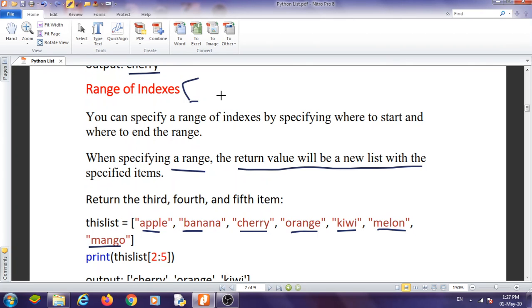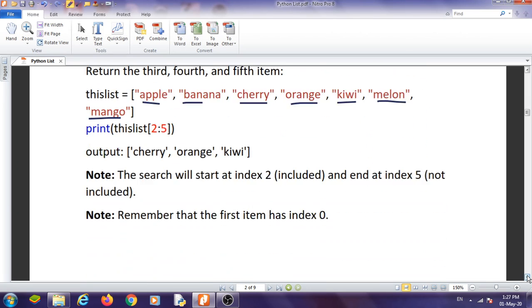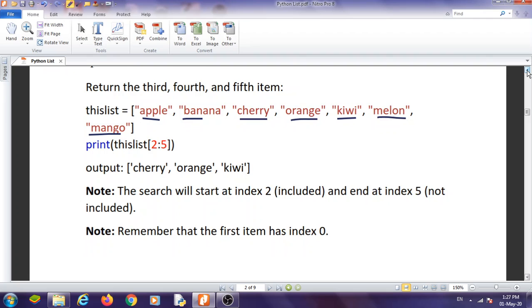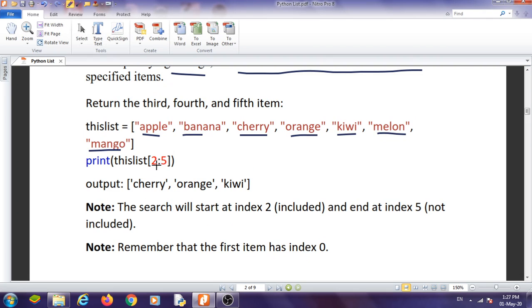Slicing is also used in strings, and now again we are using slicing here. In slicing, the first value is 2, meaning 2 is the index number, and 5 is the last index number.